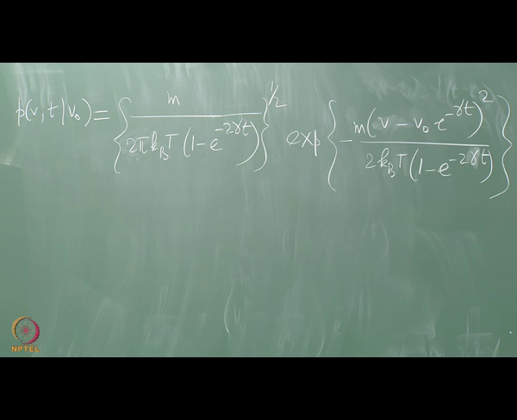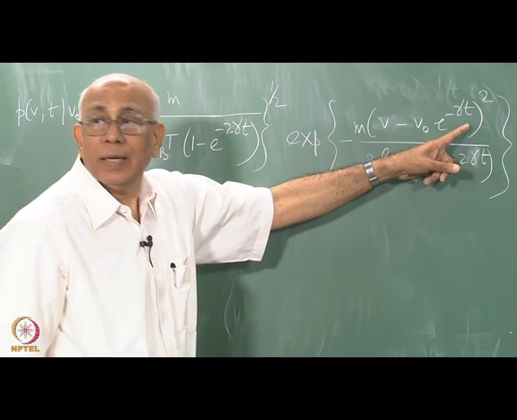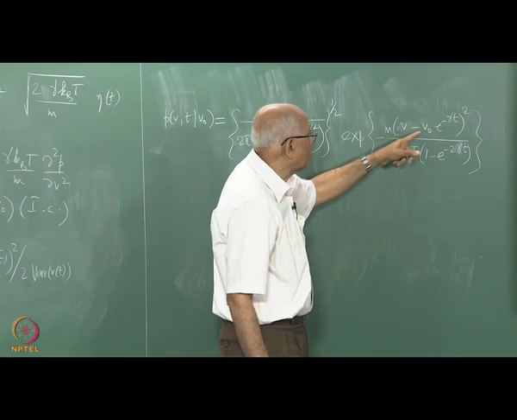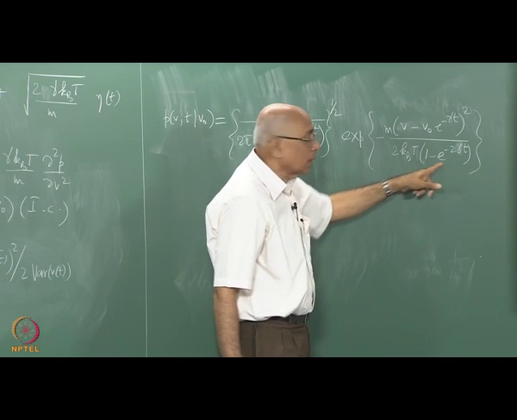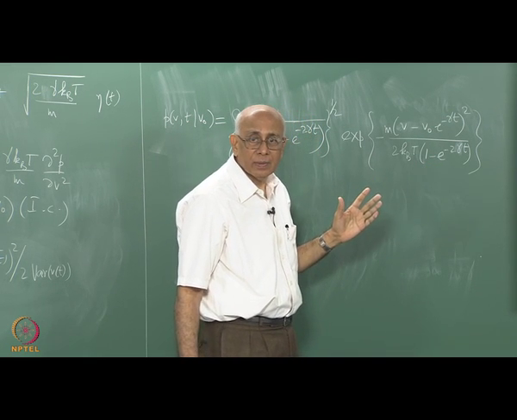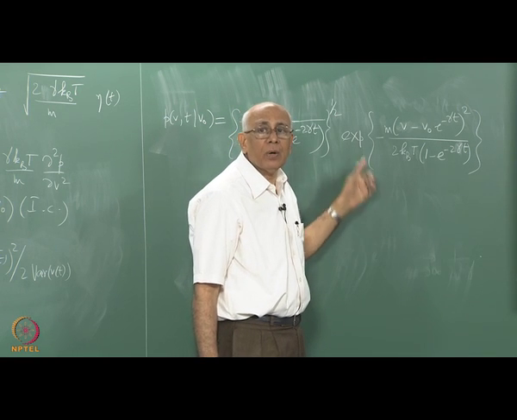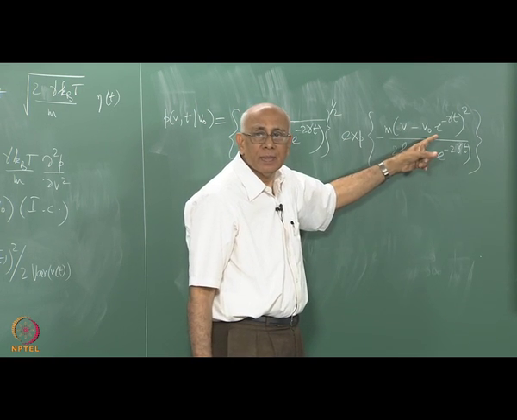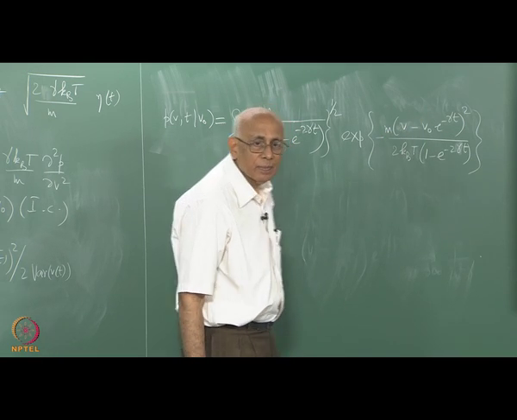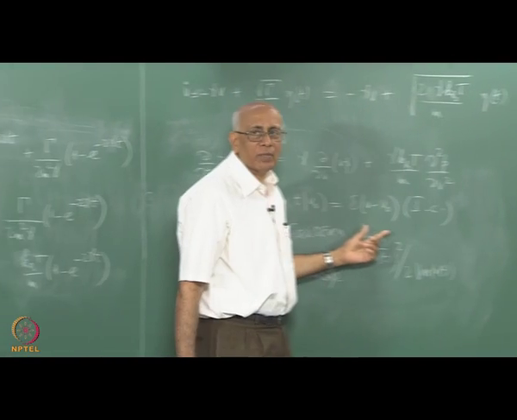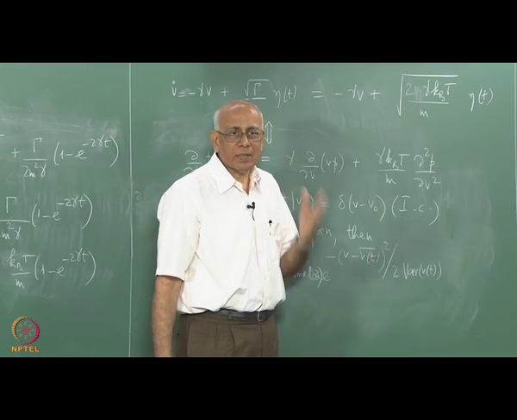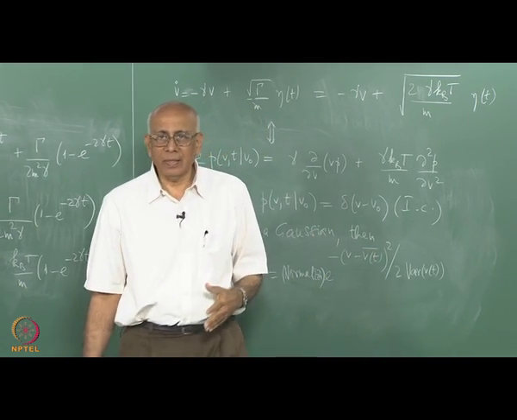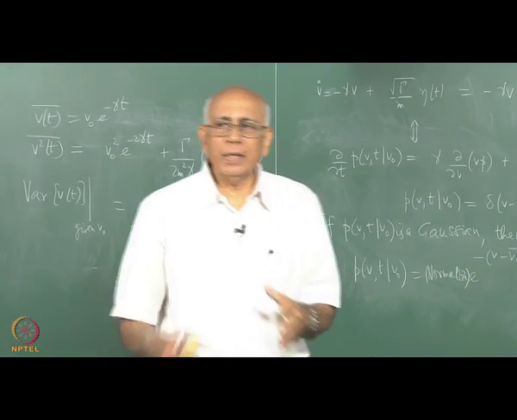What happens as t goes to 0? It becomes singular, you have to be very careful taking limits. It becomes singular because as t goes to 0, this factor goes away, you have e to the v minus v naught whole squared, and then this fellow here vanishes. So intuitively it is clear that the only contribution will come from v equal to v naught, so that the numerator also vanishes, and it should in fact go to the delta function. So it starts as a singular, not square integrable or anything, it is a singular delta function distribution, and then